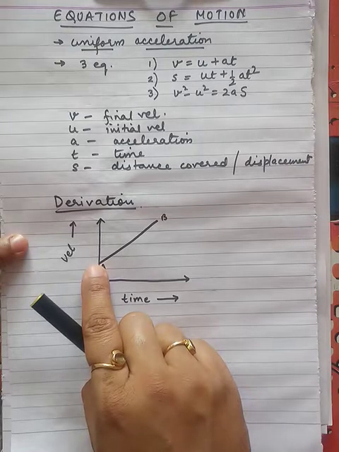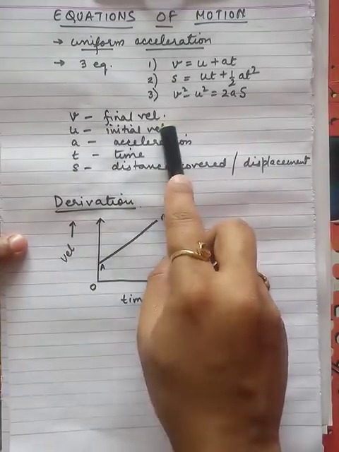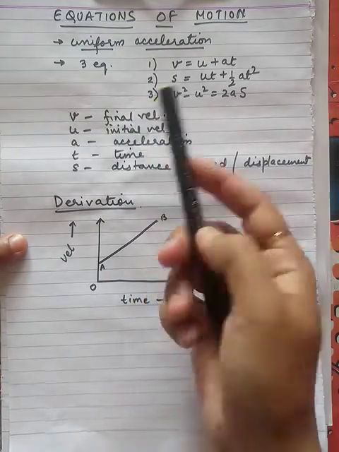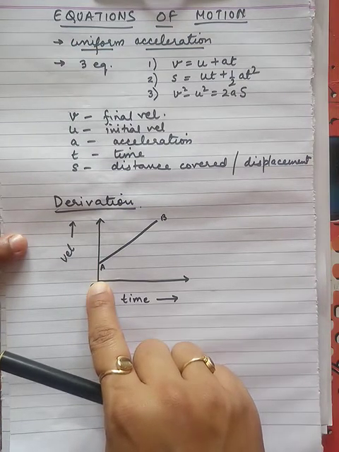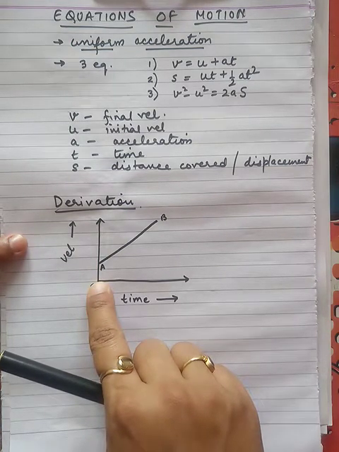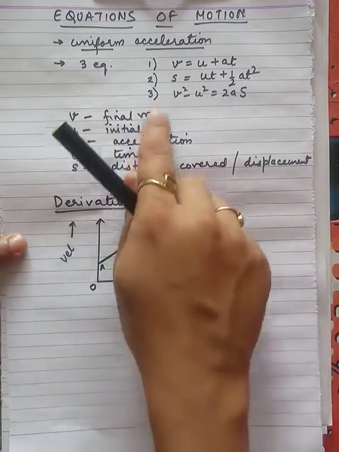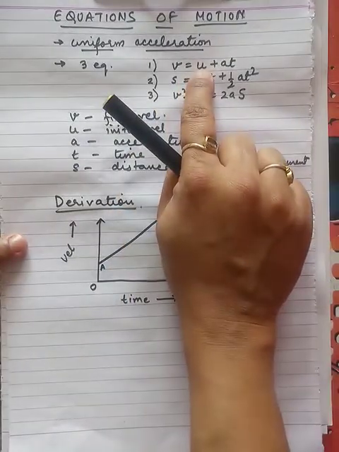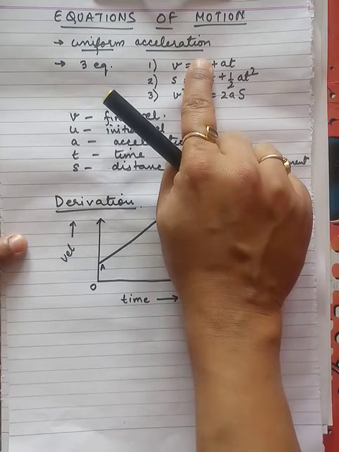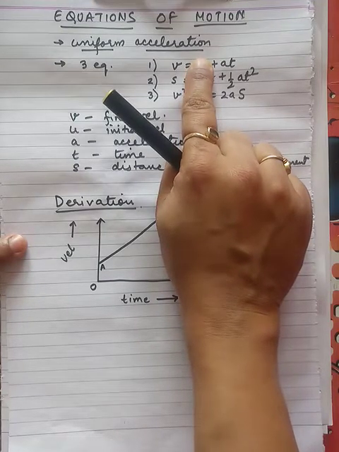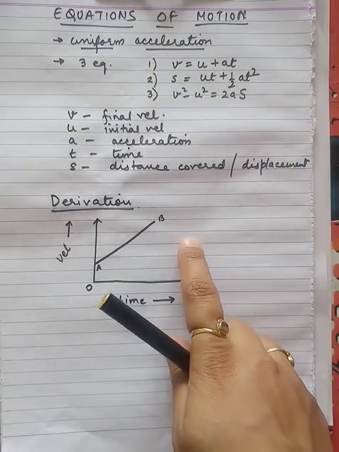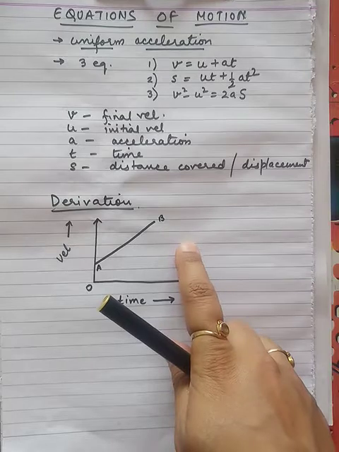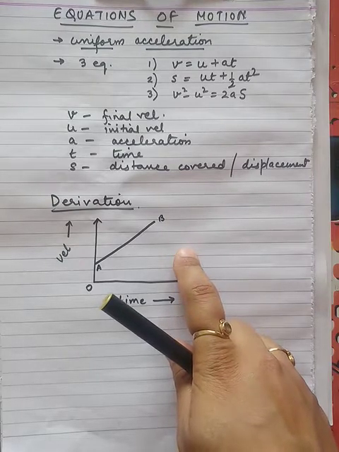Okay, why I am considering it? Because initial velocity can have some value in some cases and it can have a 0 value. If I take a 0 value graph, then it will be a particular case graph. In that case, when u becomes 0, look at these equation. When u becomes 0, then equation is like this only. v = at. Okay, but that is not possible to take u 0 always. We should have u. We should have some value for u.